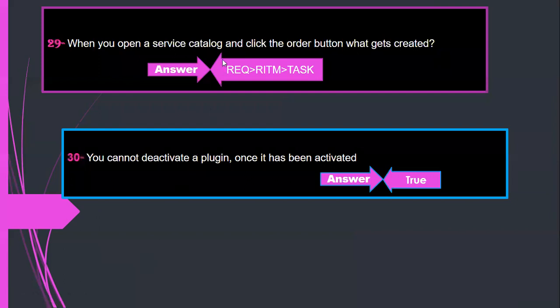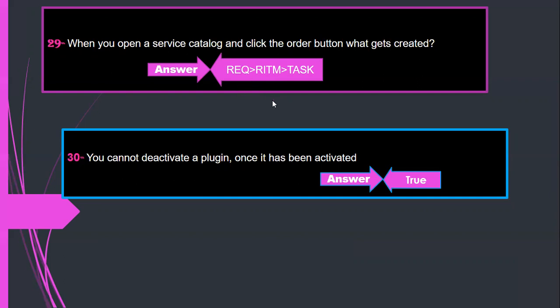Moving towards question number 29: when you open a service catalog and click the order button, what gets created? So simple: a request, then RITM, and RITM creates the task. So one-to-many and many-to-many relationships are running. What does that mean? When you submit it, only one request is created.